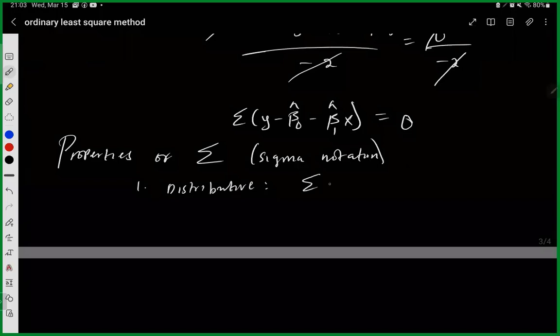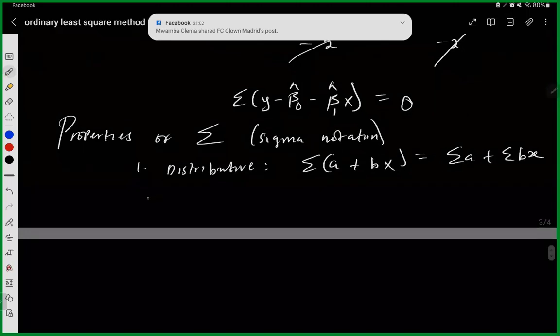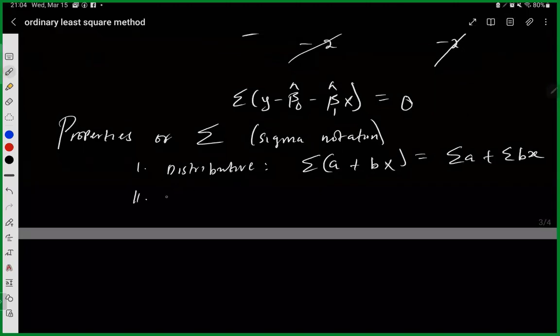That summation of a plus bx is equal to summation a plus summation bx. Then property number 2 is that if a and b are constants,